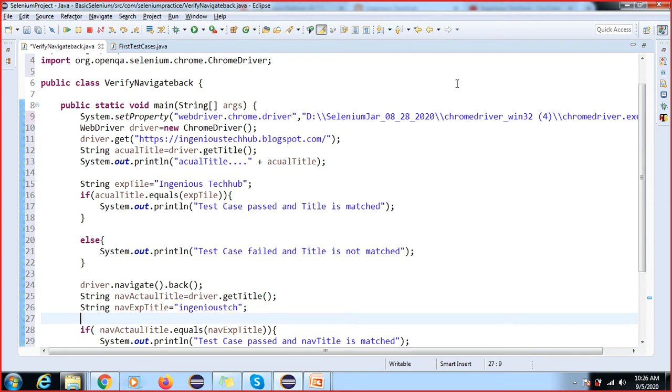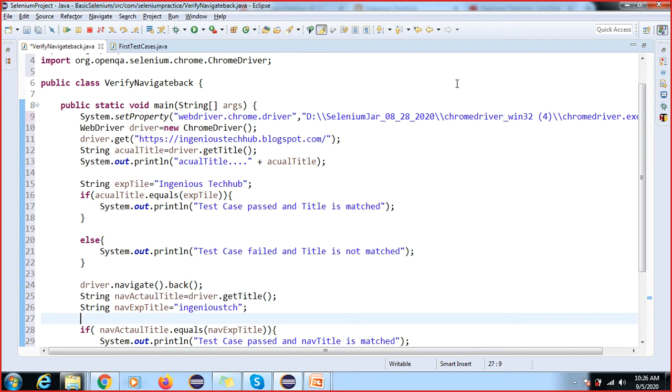I've created one class and I'm going to execute this class by using the main method, and after that I will use system dot set property. System is a class which is available in the java.lang package, and inside it we have the method called system set property. System set property accepts two parameters, one is key and one is value.